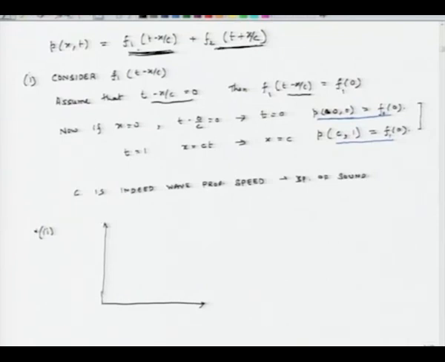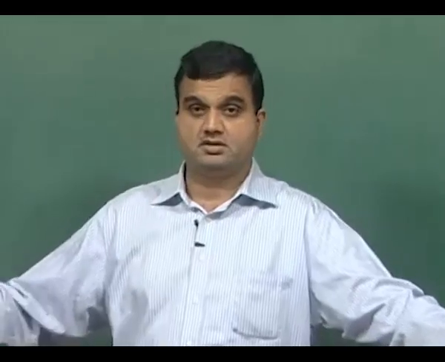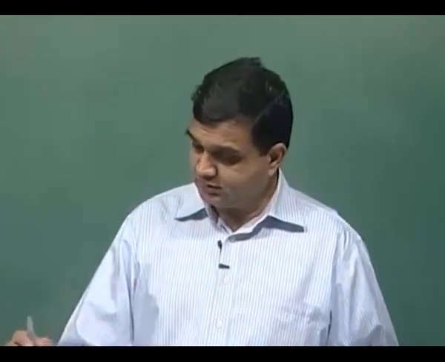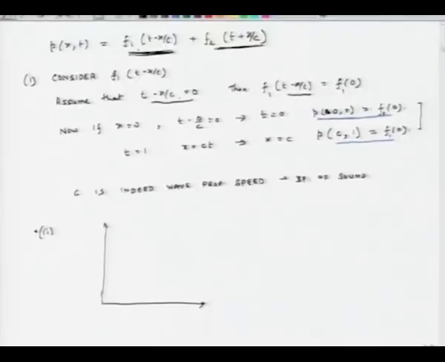The second inference we can draw is that this function, which is of the form f1 of t minus x over c, represents a wave which is a forward travelling wave. So, what does that mean? Let us plot again t minus x over c equals 0, and for this we plot this equation. On the horizontal axis I am plotting t, and on the vertical axis I am plotting x. So, essentially I get a straight line,